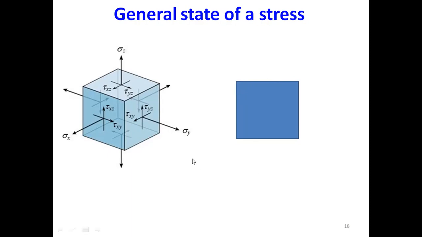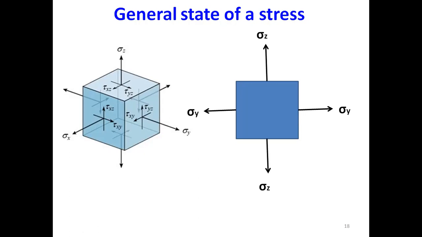So if this is a stress element and I want to show the forces or stresses on it, let's say somebody just shows sigma y in this direction. Is this in equilibrium? No, it is not, because of this stress or force, the stress element is moving in the right direction. So how to make this in equilibrium? There should be a force or stress in the opposite direction. Now this is in equilibrium. Similarly, along the z-axis, we have the normal stress sigma z.